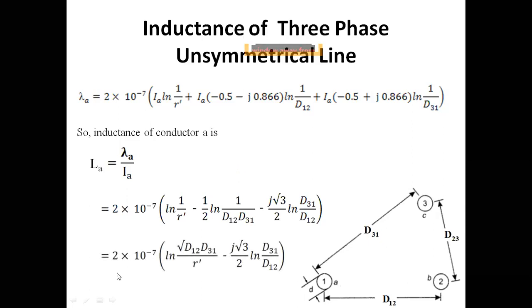Now after simplifying this, real part and imaginary part are separated, and finally we get 2 into 10 to the power minus 7 ln root 3 d12 d31. So here we are having one term half. Now if we take it inside the log term, then it becomes a square root of d12 d31 divided by r dash minus j root 3 by 2 ln d31 by d12. So this will be the equation for LA. In similar fashion,